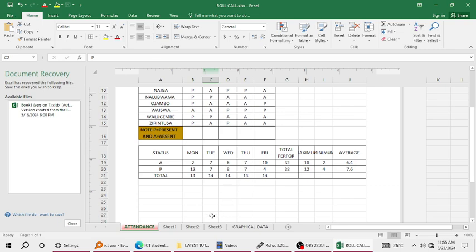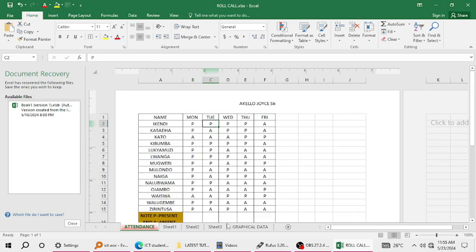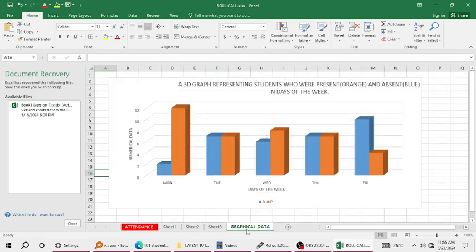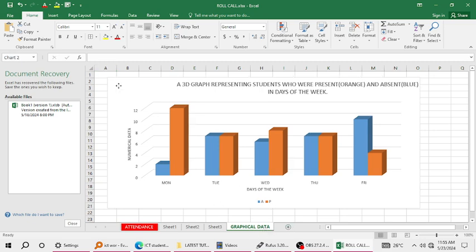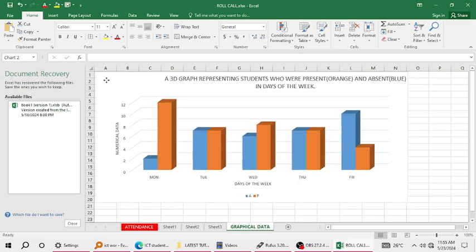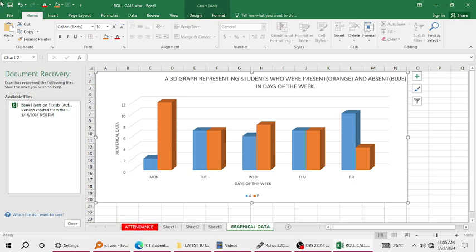Okay, so same applies to the other sheets you've worked on. I don't forget this one. That's why I said you name them, because if you don't rename a sheet, you may see something as sheet 2, sheet 3, sheet 1, and you may think there's no work. So if you named it as graphical data, of course you won't forget to print this. Click at graphical data, you try to extend your graph at the first part of your sheet, then print,